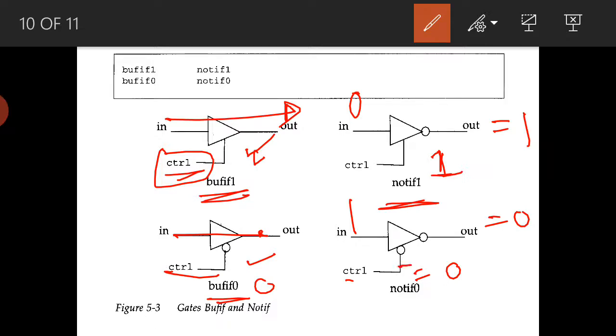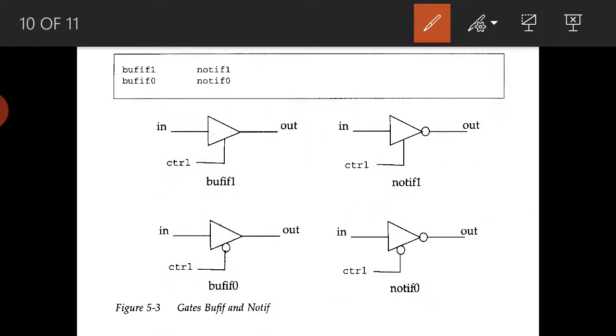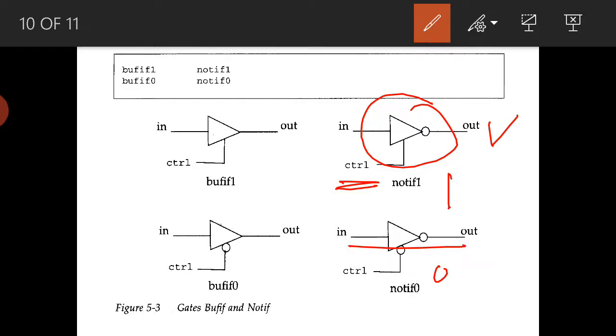This one is active low because the bubble is connected; the control is active low here, and active high there. The operation of the NOT gate is controlled by the control signal. So these we call notif and bufif.